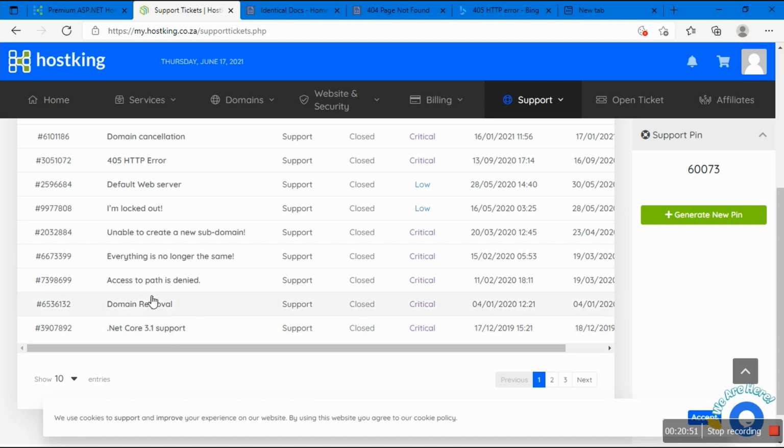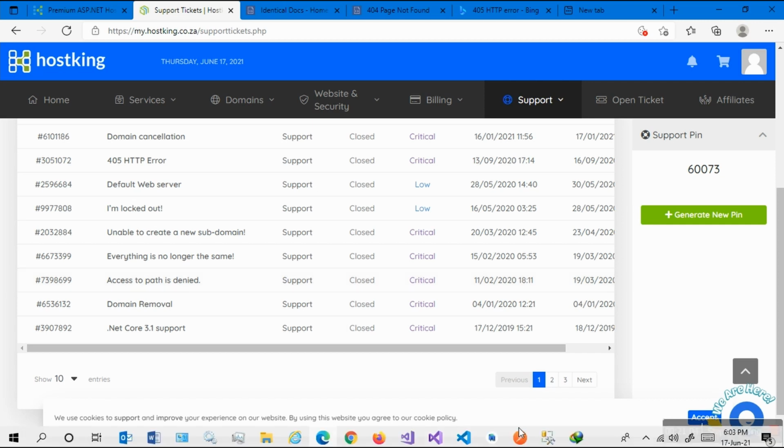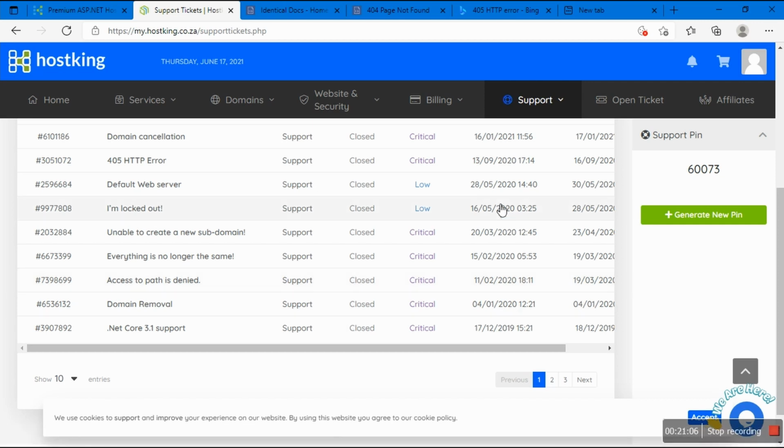And then, access to path is denied. This one has to do with documents or images when you try to upload a document. I'll show you this when I do the mobile application. When I upload, I can also use Postman or Swagger to test if I can upload a document. That's when I learned about access to path is denied. I told them everything is no longer the same, because they keep doing some creepy stuff, these people. But just know that that's how it is.